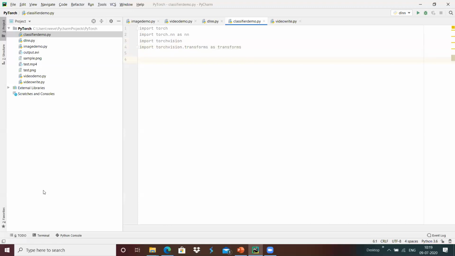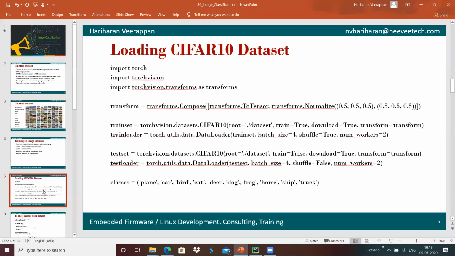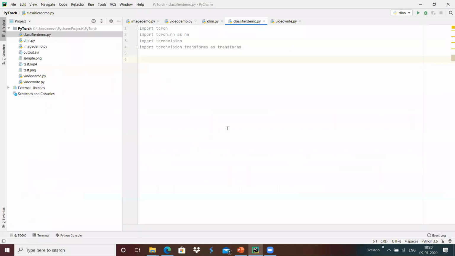To load the data set, we will be having torchvision.datasets, and the dataset format that we want to use, we can give it over here.